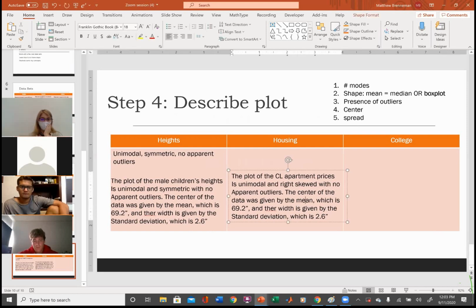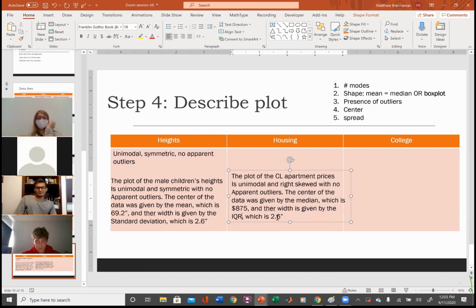So the center is given by the median, which is $875. And the width is given by the IQR. You can type out interquartile range, but anyone who knows what it means always uses IQR. Very few people ever write it out. So you can do that. And that's it. Piece of cake, huh? Once you see how to do it, all right?